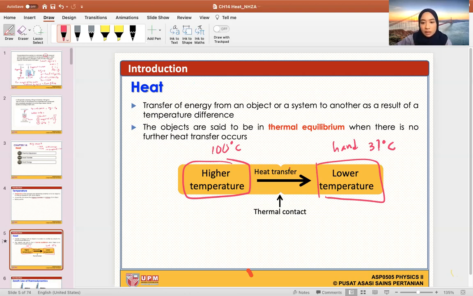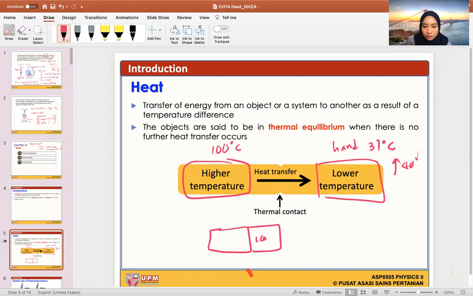What happens? Your hand absorbs this heat. So heat transfer occurs from this 100 degrees Celsius to your hand. That is how your hand melecur, because the heat is too much for your skin, for your body. So heat transfer occurs, your hand experiences high temperature, maybe possibly naik ke 40, tapi kat tangan je lah, melecur. Okay, heat transfer occurs. Another example is you have,